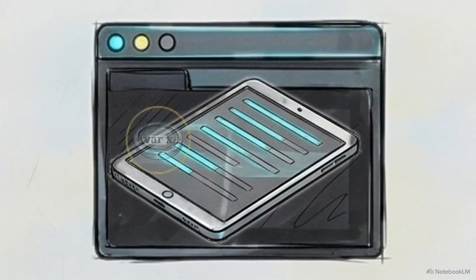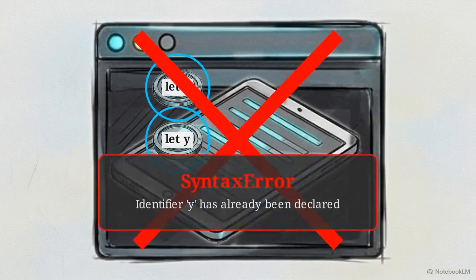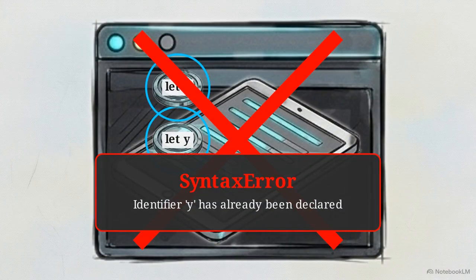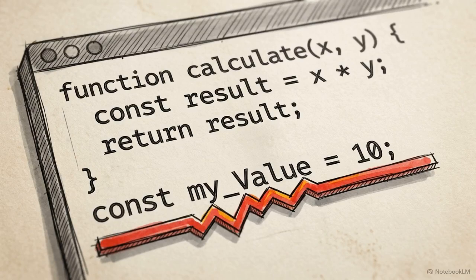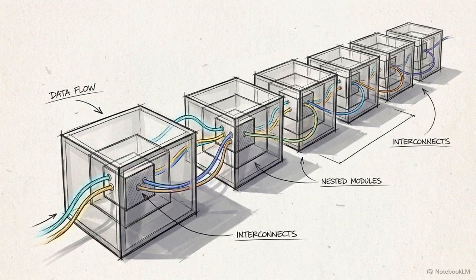Redeclaration rules further distinguish these keywords. The engine allows var to overwrite an existing entry in a scope, while let triggers a strict syntax error during the initial scan. Hoisting and initialization errors represent the engine's strict enforcement of the environment records established during the compile phase. Now that we have mapped how individual scopes are created, we can examine how these nested records communicate with